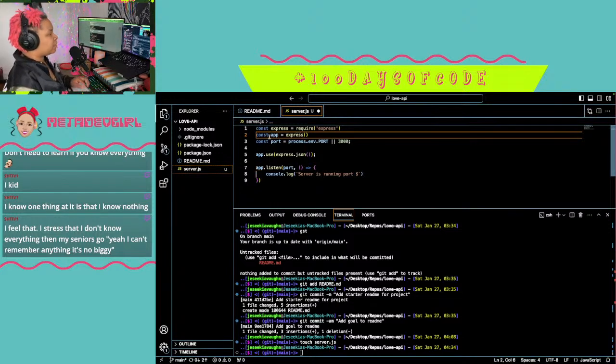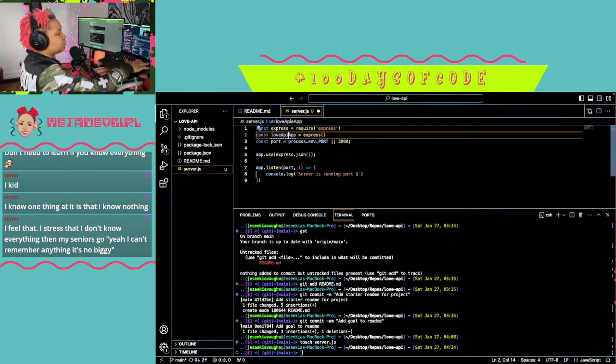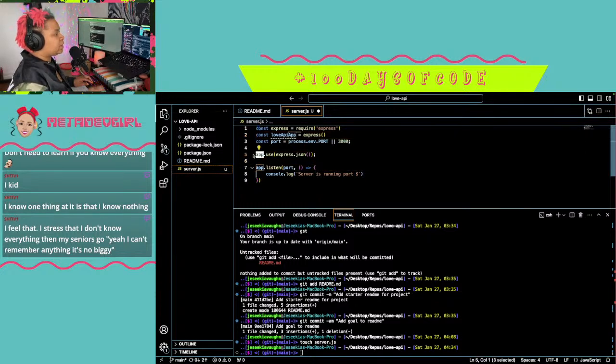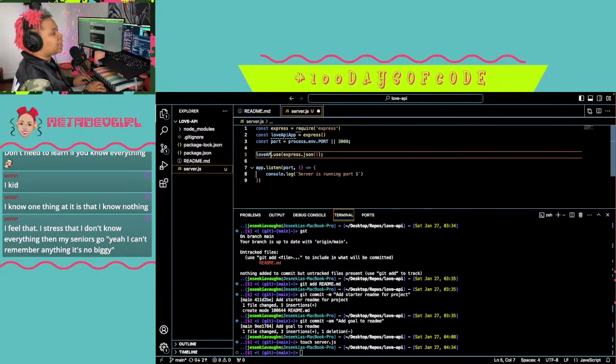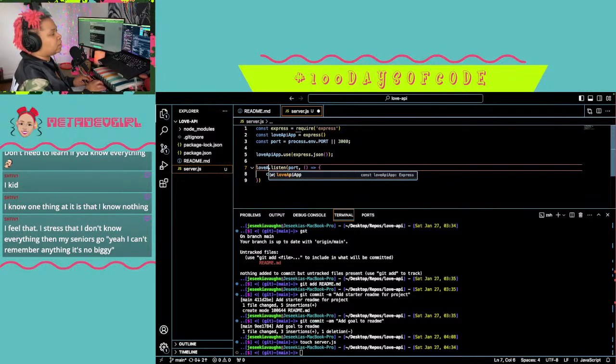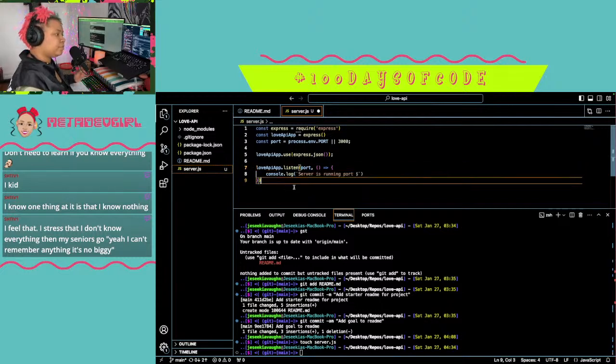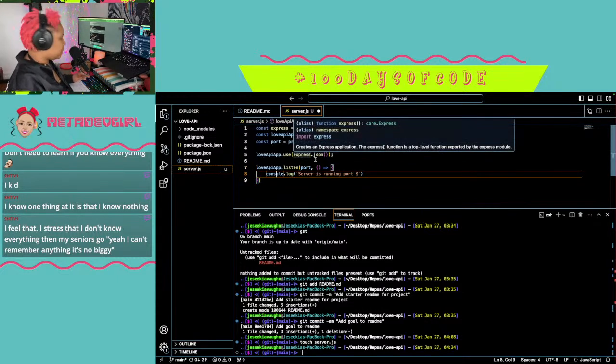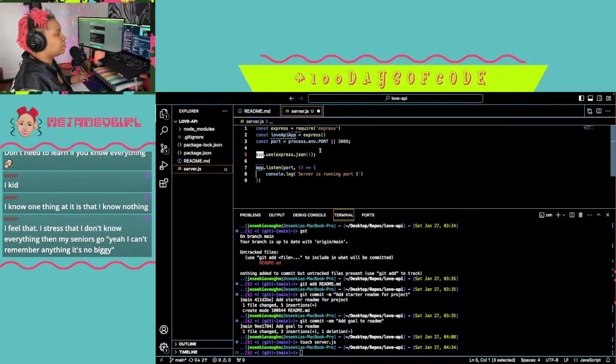But for example, if I wanted this to be the love API app, then this would be loveAPI app.use, and then loveAPI app.listen. But we usually just call it app.